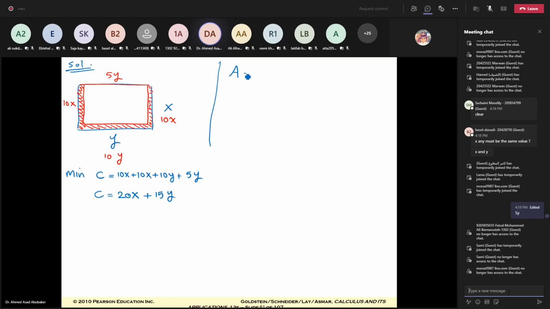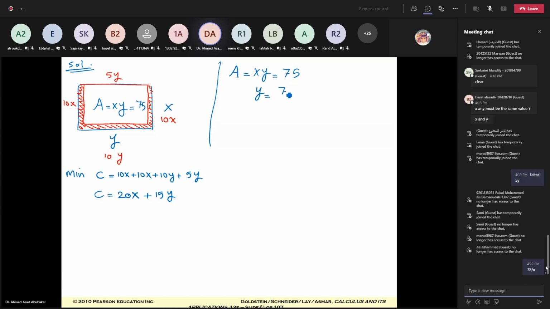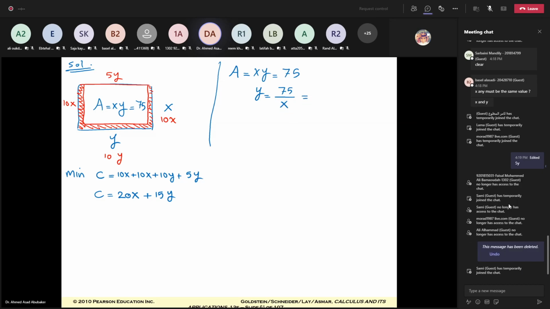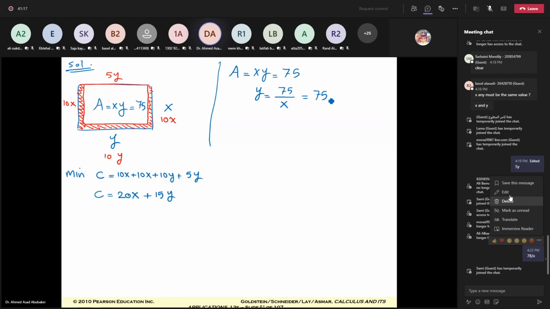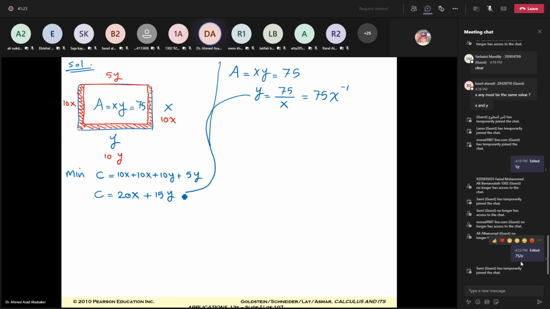What's the value of y? The area of this area is fixed. X multiply y equals 75. So x multiply y equals 75. So the y equals what? 75 over x. Or we can put it as 75 x to the power negative 1. So substitute this y here. So the cost equals 20x plus 15 multiplied by